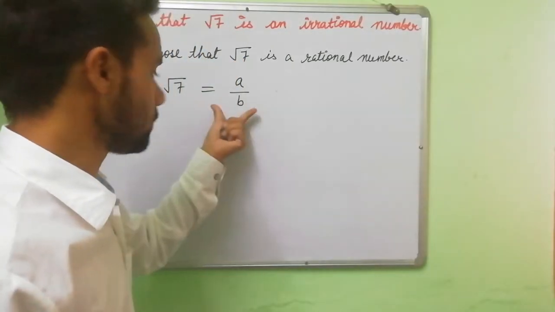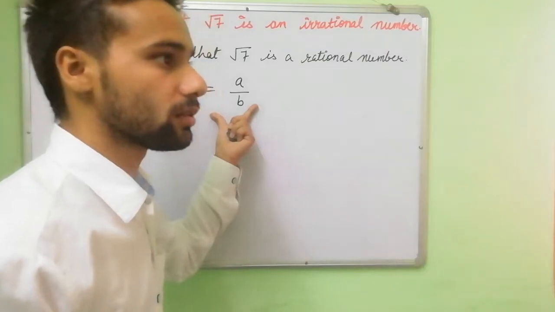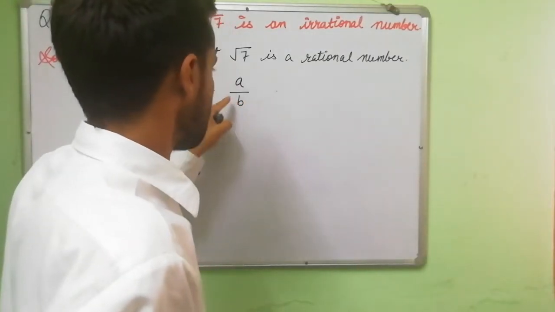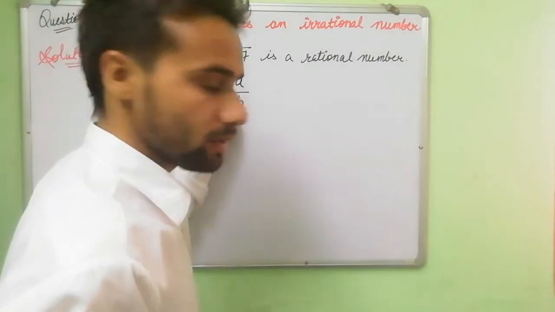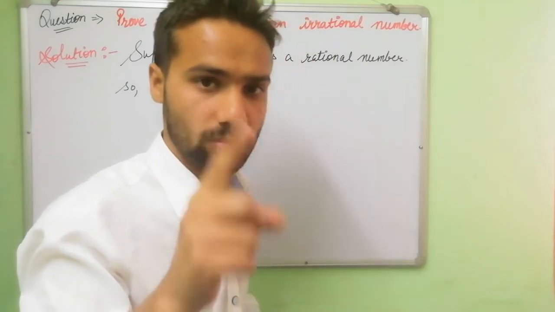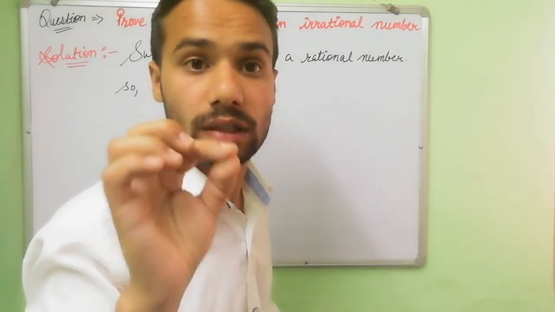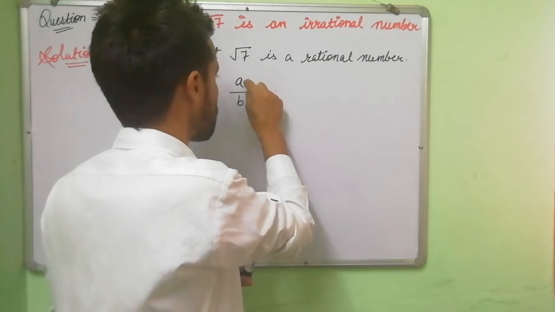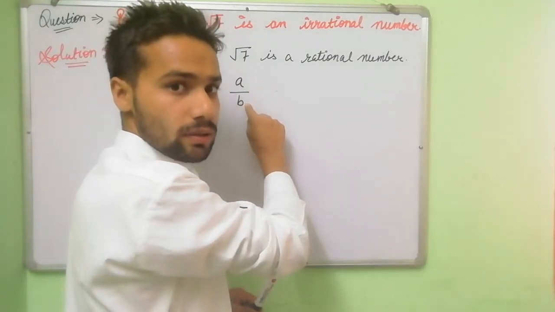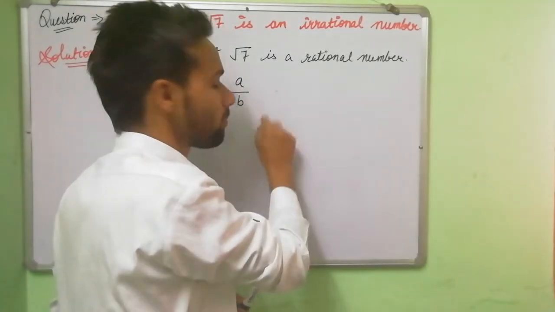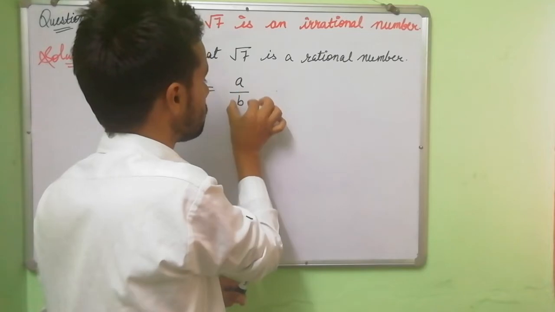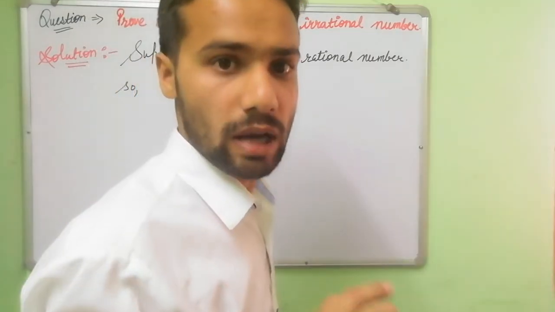I assume this is equal to be a rational number. Now, you know very well, I take here two integers A and B. Keep in mind integers are all those numbers which are never in the form of a fraction, meaning A is never in fraction form, B is never in fractional form. This is a complete fraction, but I am only talking about these two alphabets.